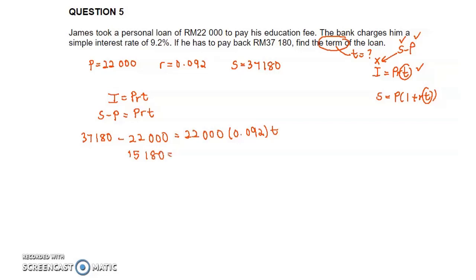So 22,000 multiplied by 0.092 equal to 2024 T. So T equal to